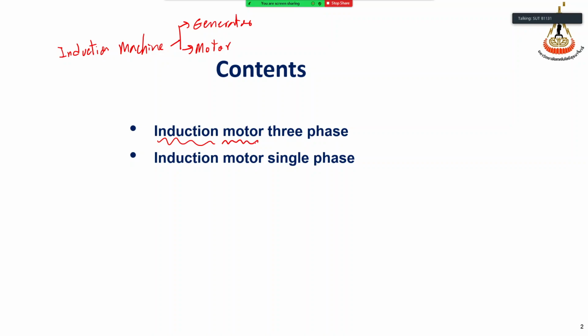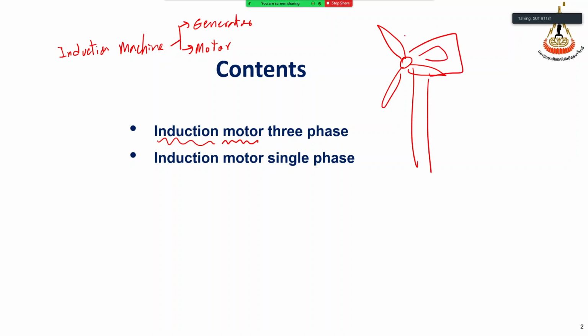Right? In motor, we use it as the motor because it is a very rare case that we use induction machine as a generator. For example, we use it in wind turbine power, wind turbine like this, right? The induction generator is here. The induction generator is operated in the wind turbine usually, and not very popular in the industrial and in